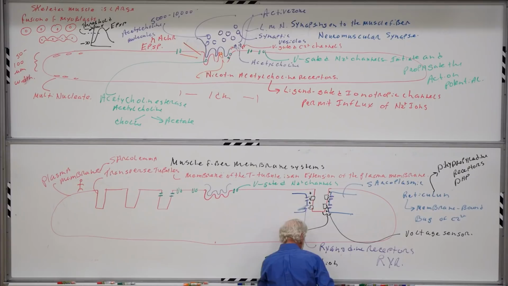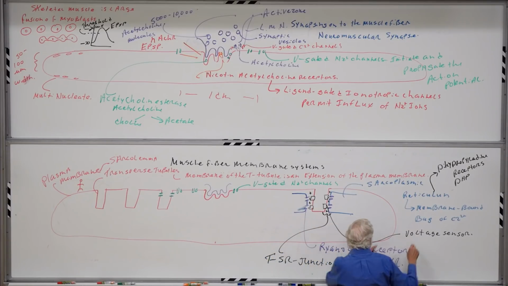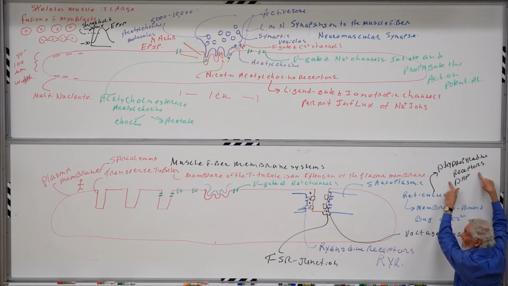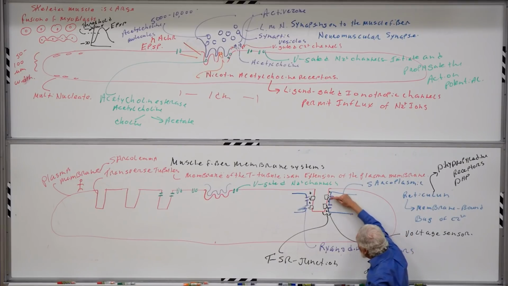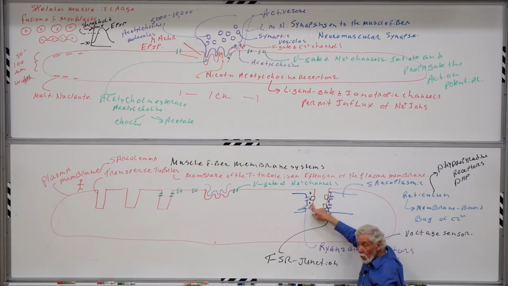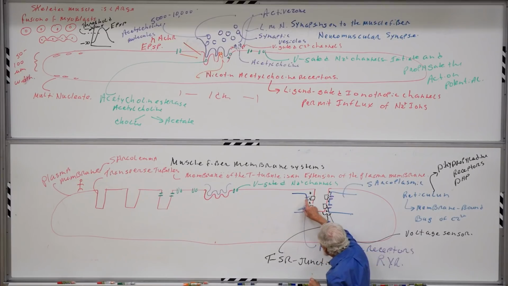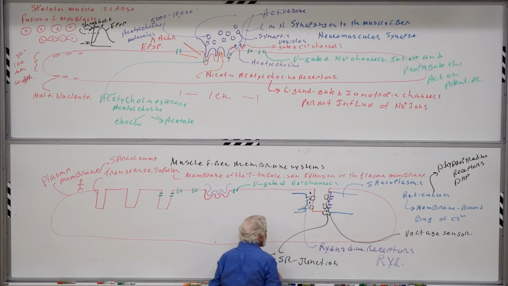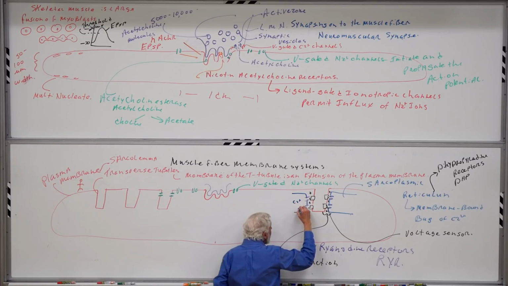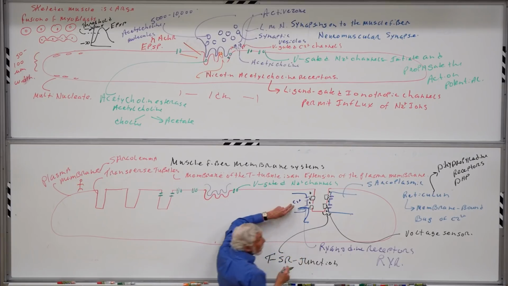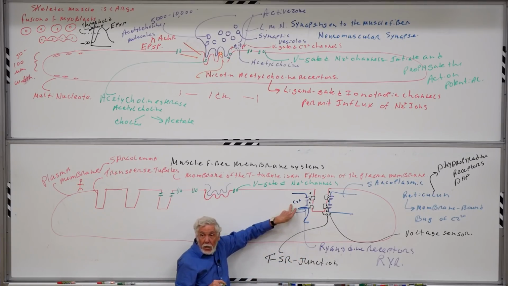We said that this sort of tail on the dihydropyridine receptor is a voltage sensor. When it sees positive charge, it moves. And when it moves, it unplugs the ryanodine receptor. Because the ryanodine receptor is a calcium channel, calcium can now pour out of the sarcoplasmic reticulum, because the calcium